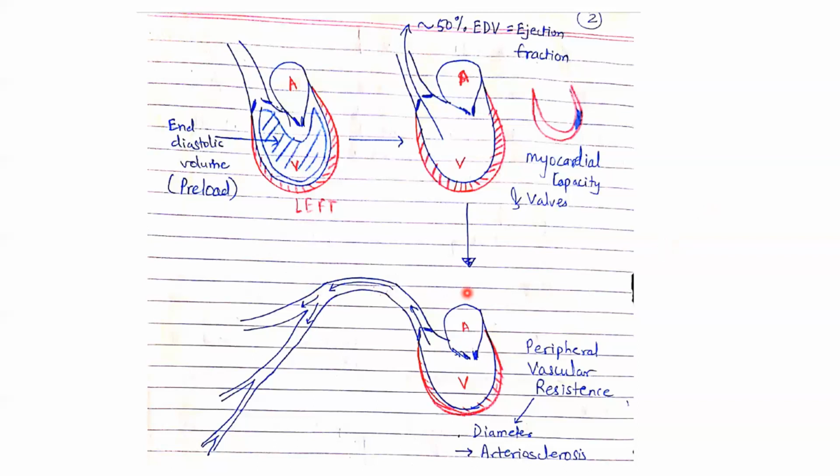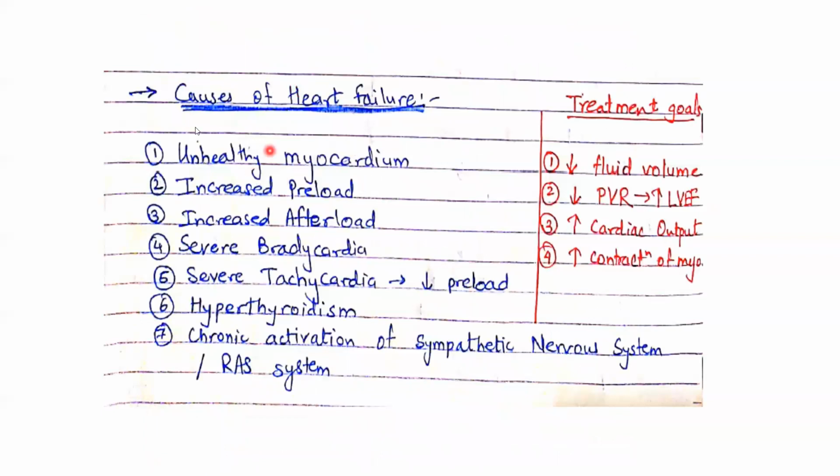Okay. So if I have to summarize, causes of heart failure are unhealthy myocardium, increased preload, your heart is getting more volume than required, your ventricles. So of course, initially they will push more volume out. So stroke volume will increase initially, but ultimately it will cause more and more oxygen demand by myocardium itself, because myocardium has to now work more to pump that extra load out. So if continuously you have to lift the extra load and push it out, it is going to make your heart tired, in simple terms.